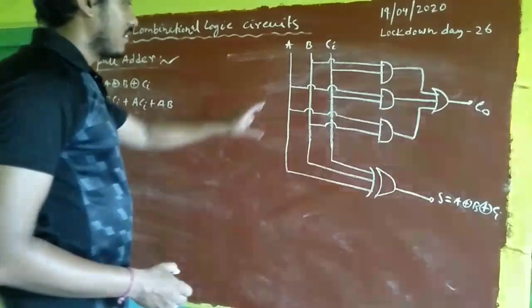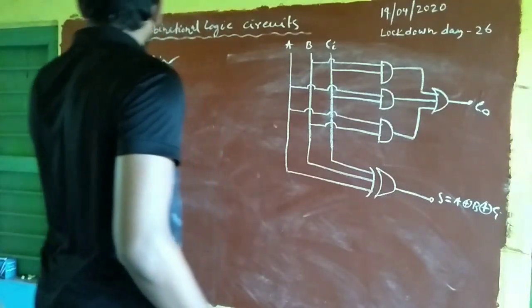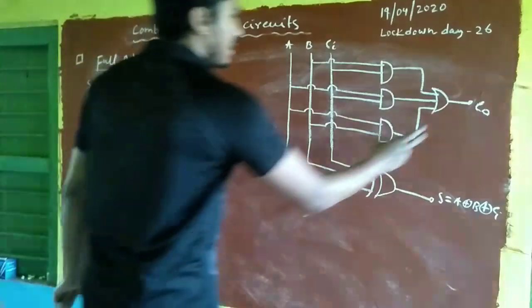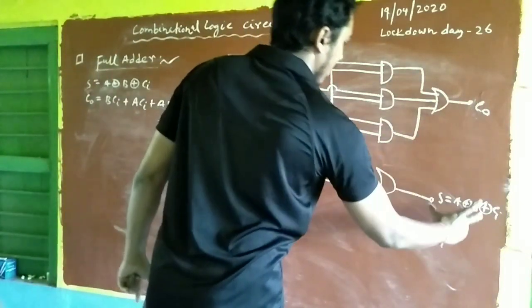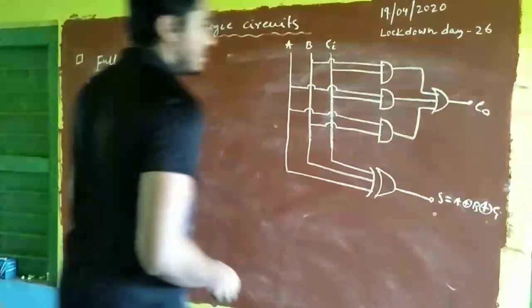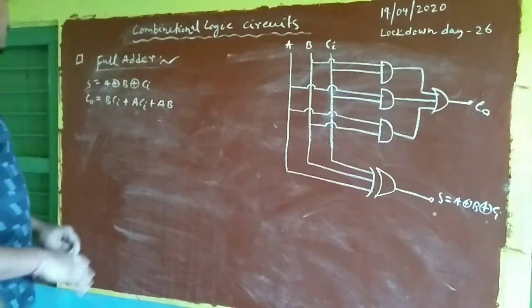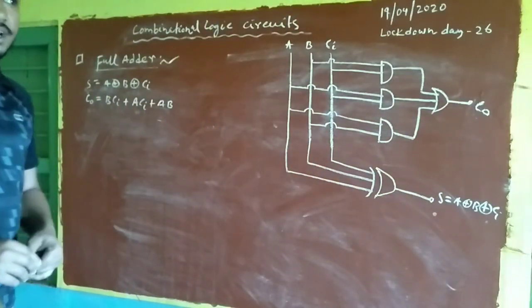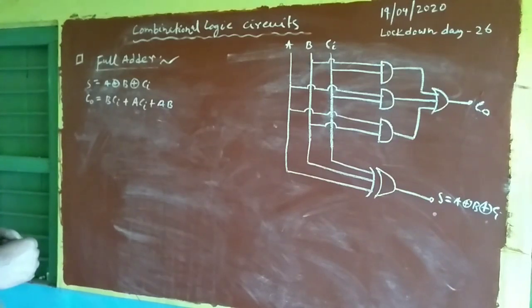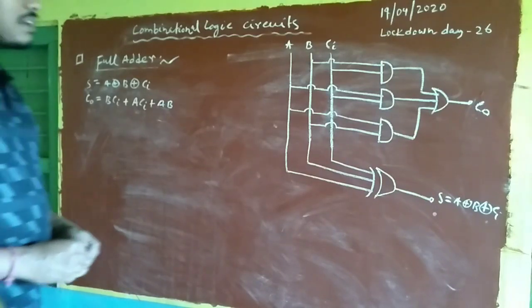So this is the circuit diagram for the full adder circuit, and finally we will get the two outputs here. One is for sum output and another is for C out. So this is all about the full adder circuit. Now here one thing,